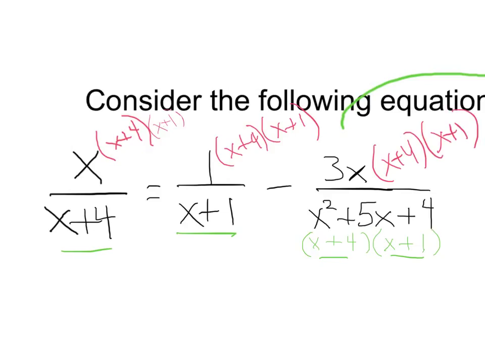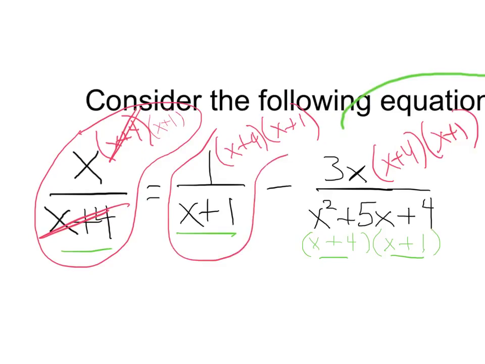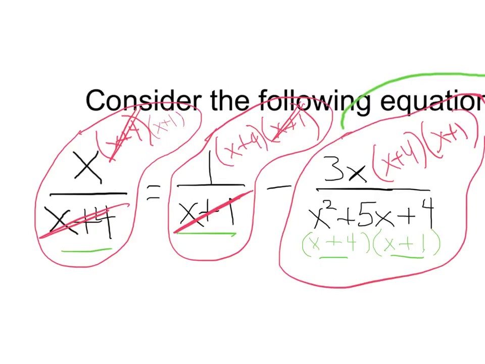Okay, and then the nice thing about this is you have some things that cancel. So in this first fraction, the x plus 4's disappear, and we're just left with x and x plus 1 on top. In the second one, the x plus 1's disappear. And in the third fraction, this is factored, that trinomial is factored, so it just becomes those two factors. And the x plus 4 and the x plus 4, x plus 1 cancel out. And ultimately,